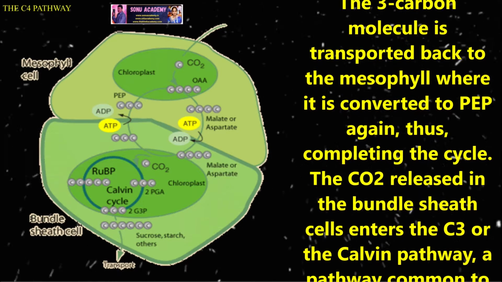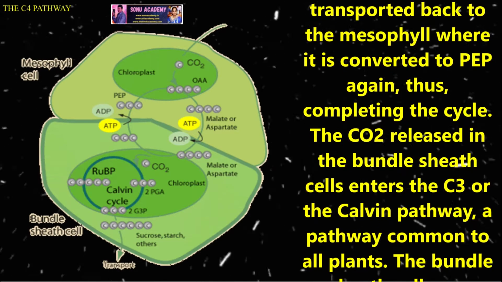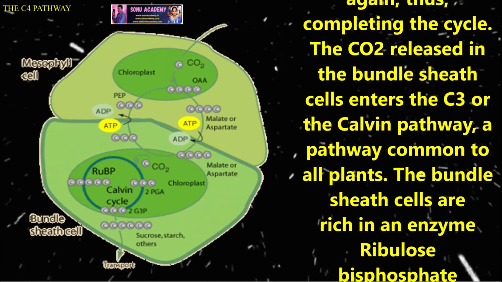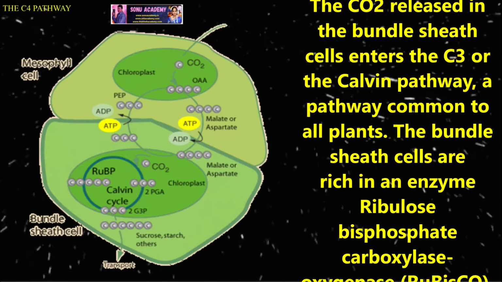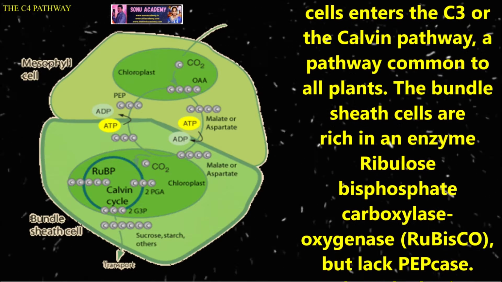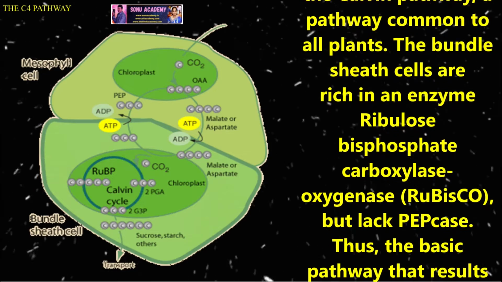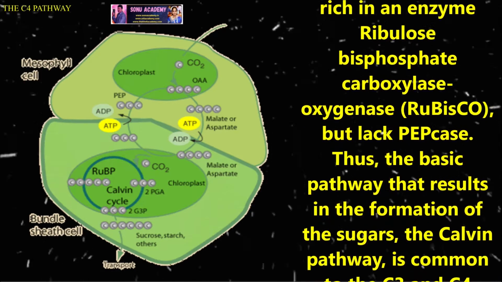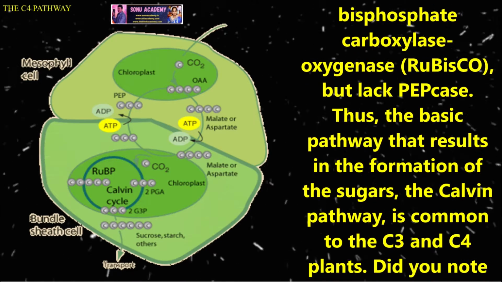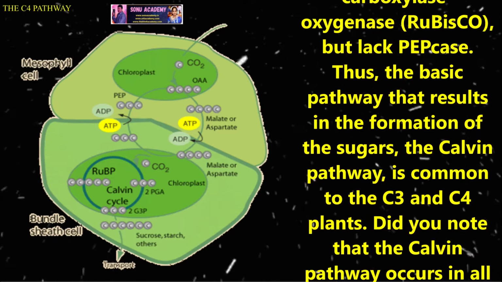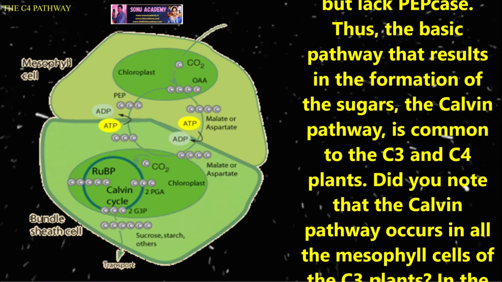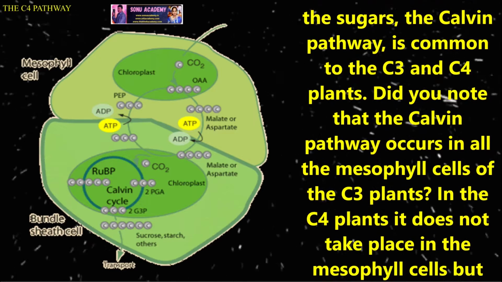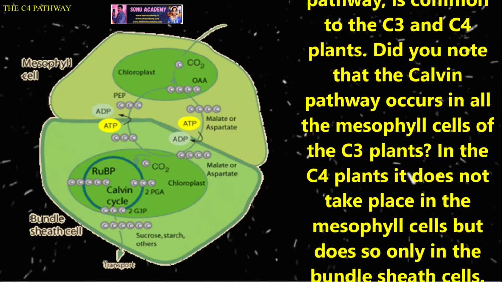The 3-carbon molecule is transported back to the mesophyll where it is converted to PEP again, thus completing the cycle. The CO2 released in the bundle sheath cells enters the C3 or the Calvin pathway, a pathway common to all the plants. The bundle sheath cells are rich in the enzyme ribulose bisphosphate carboxylase oxygenase, but lack PEP case. Thus, the basic pathway that results in the formation of sugars, the Calvin pathway, is common to the C3